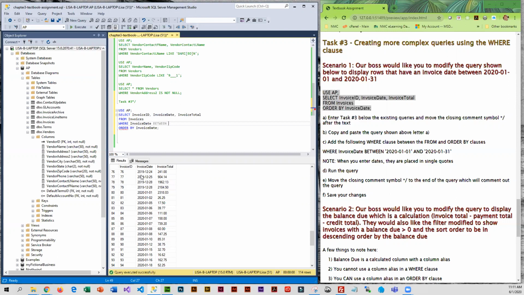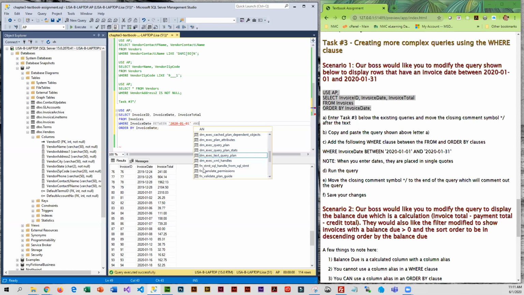So you have to enter them in single quotes, and you have to format them correctly. So if we look at how the date is displayed here, you can see it's the century year dash month dash day. So in single quotes, we're going to just say 2020-01-01